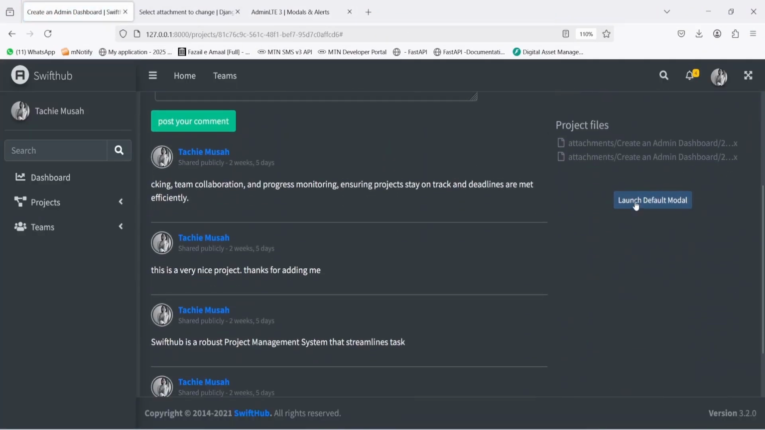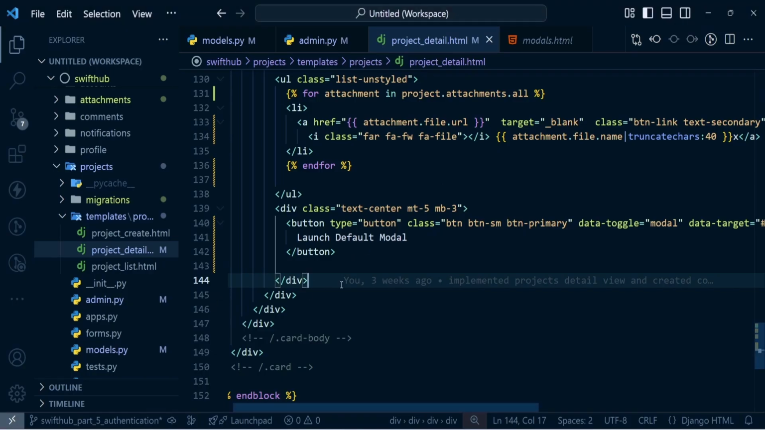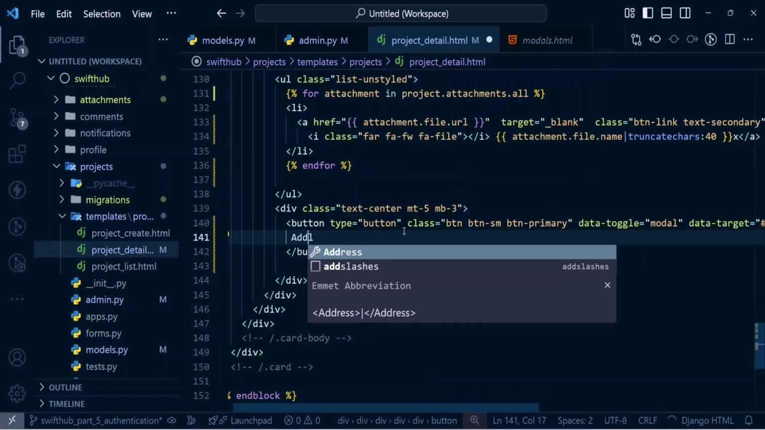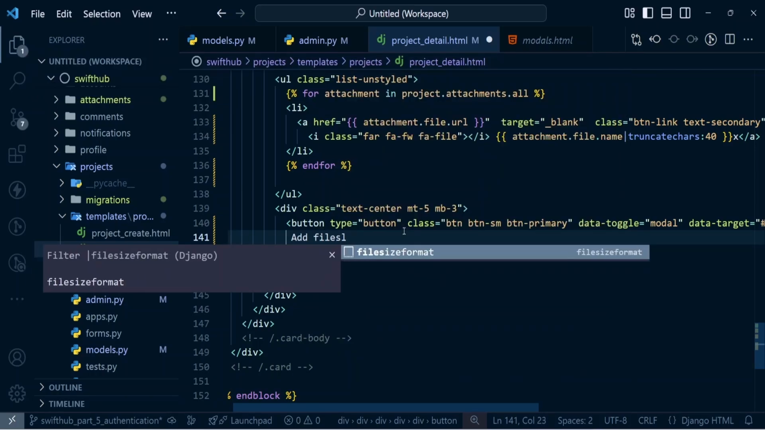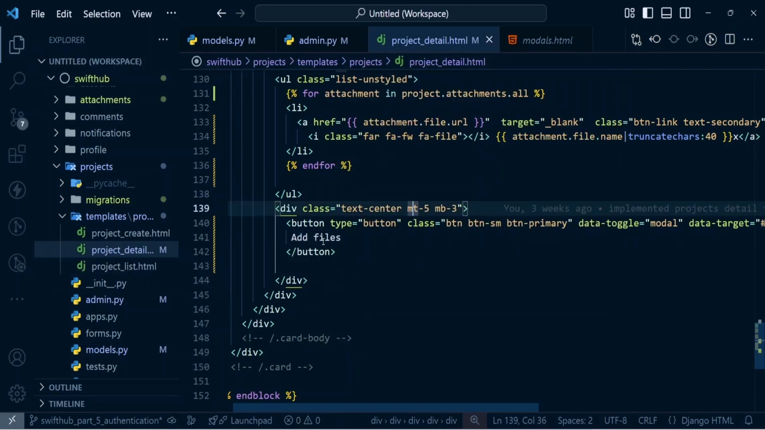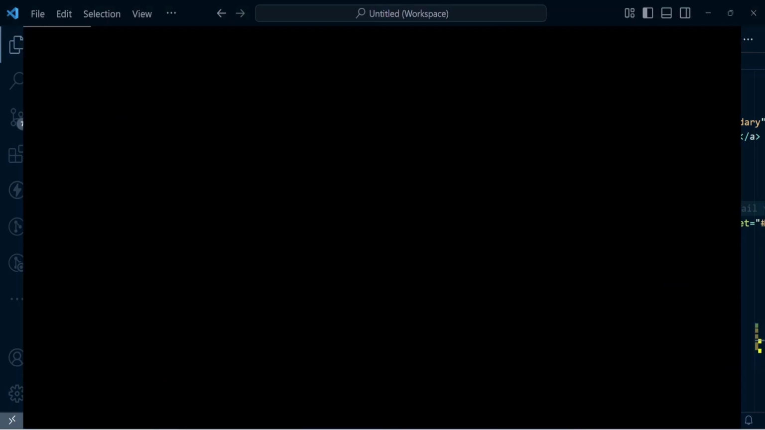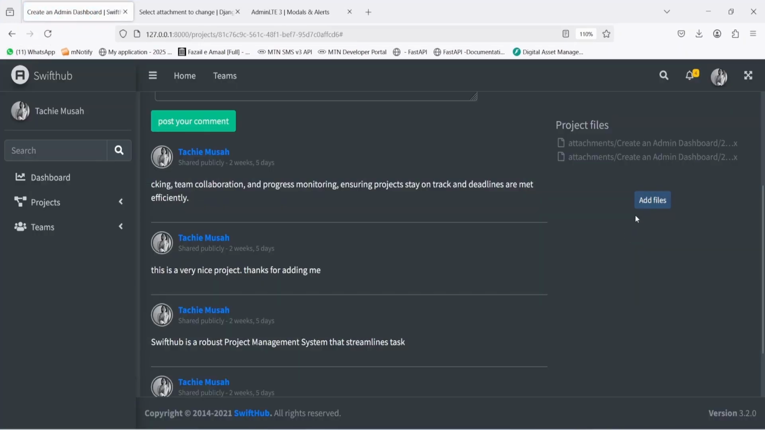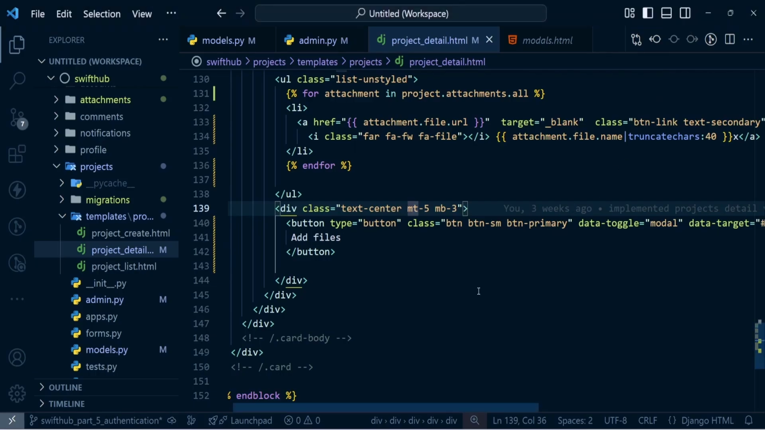So we refresh, and now we have launch default model, but then it's just gonna be add files or add project files. So you say add files like this. So I'm just gonna do away with this one. Okay, so now when I refresh, we are going to see the same thing exactly as we have specified, but then when you click on it, it's not gonna do anything,